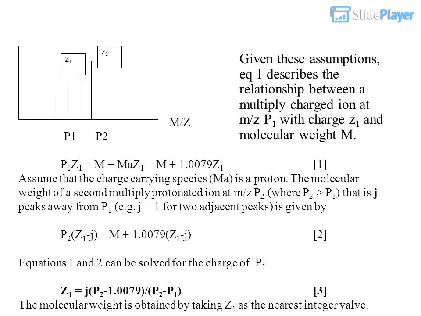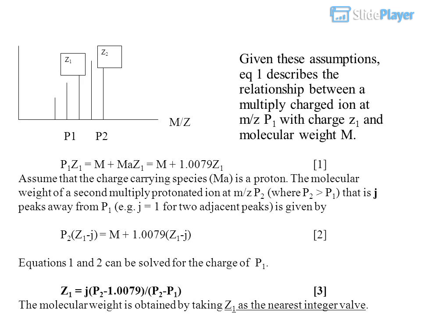Given these assumptions, equation 1 describes the relationship between a multiply charged ion at m/z P1 with charge Z1 and molecular weight M: P1 Z1 equals M plus mass of the charge carrier, which equals M plus 1.0079 Z1. Assume that the charge-carrying species is a proton. The molecular weight of a second multiply protonated ion at m/z P2, where P2 is greater than P1, that is J peaks away from P1, for example J equals 1 for 2 adjacent peaks, is given by